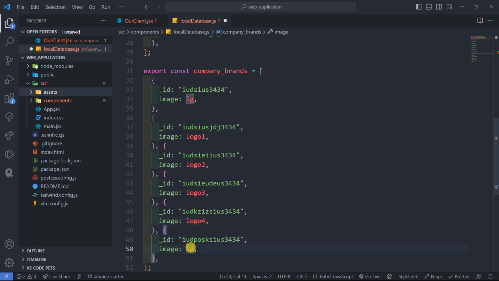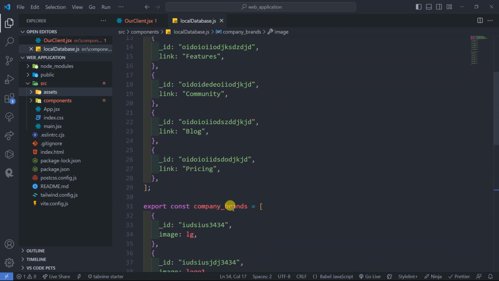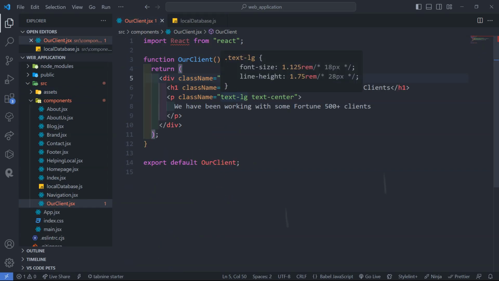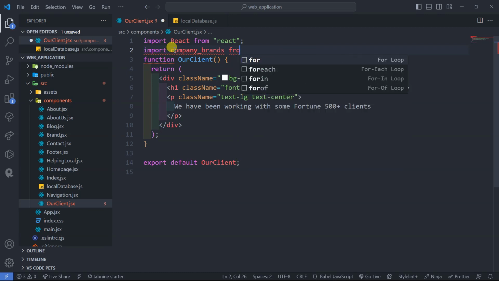This will be logo 5. Now you guys can see I've already put them in a very nice way, so I don't need to go and import them all on the client here. I want to keep the work clean. Then I will just go on top here. I'll first import this client brand, a company brand from